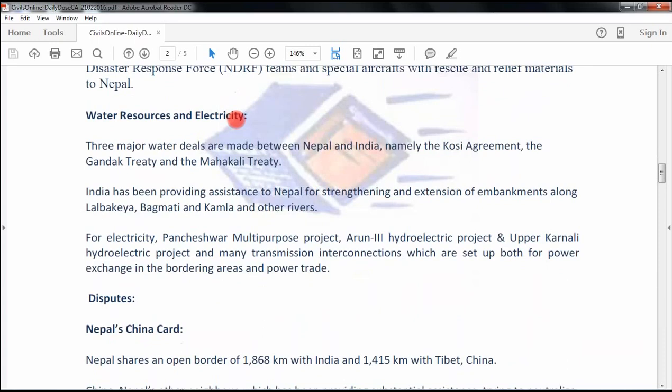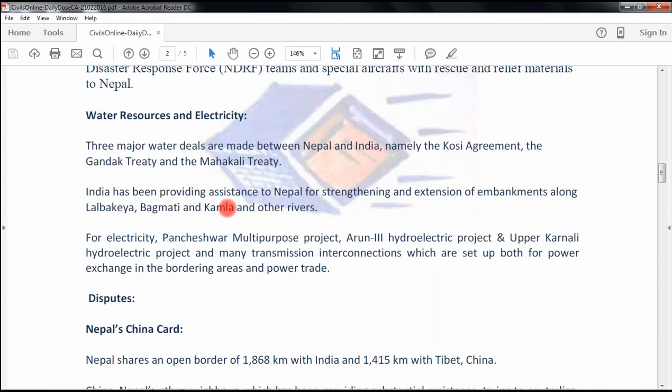Water resources and electricity. Many rivers originate in the Nepalese Himalayas and flow to the plains of India. So there are many major water deals between Nepal and India. Some of them are the Kosi Agreement, the Gandak Treaty, and the Mahakali Treaty. India has also been providing assistance to Nepal in strengthening the embankments of various rivers like the Lalbakeya River, Bagmati